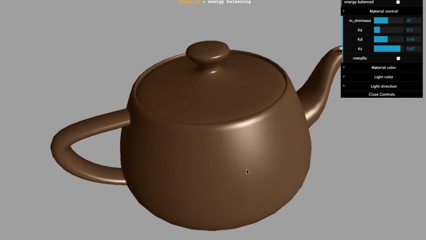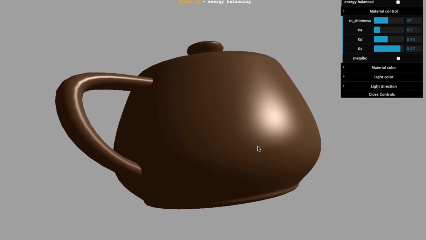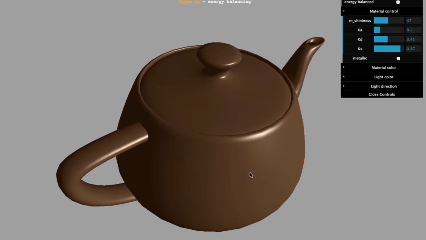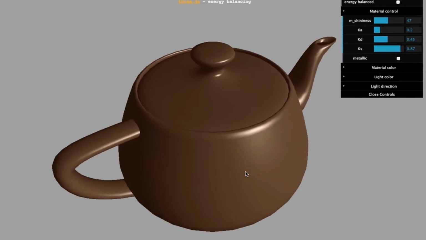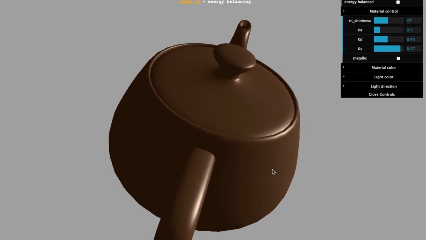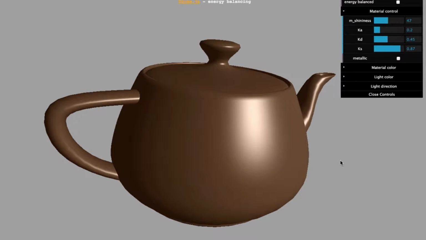The Blinn-Phong reflection model has been around for more than 30 years. It used to be hard-coded into older GPUs from the early 2000s. It's easy to evaluate and somewhat intuitive to control. One technique worth mentioning with this reflection model is that you can give the specular highlight a different color than